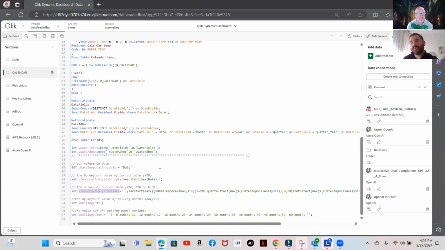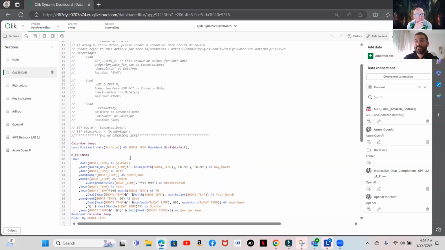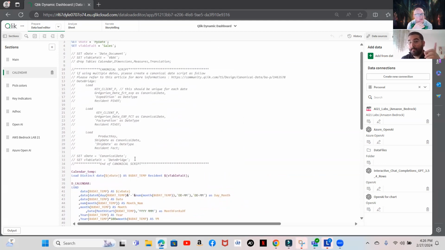And I will show you how this is being used after in the expression and how easy it is to reuse them. Do I need to do anything else? No. But if you have more than a date, you don't have only one date, you have maybe 3 dates: